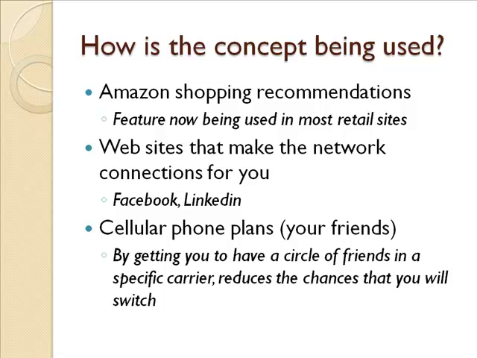And as they capture credit card information and your demographics, then they can start making models of this type of age, this type of person, Hispanic, male, 21 years old, those kinds of things. And then they say, this is the kind of things they buy right now. And they can adjust them on the fly as you're buying things. Of course, the social networks that we talked about, but think about this also, which a lot of people don't think about. Cellular phone plans, when they give you this family and friends plan, and you have 20 friends in the network that use that and you don't get charged for their calls, how are you going to get out of that network anytime soon if you like to talk to your friends? Well, they're trapping you by bringing all your friends into one circle.